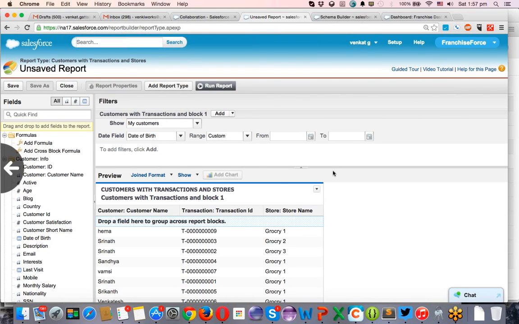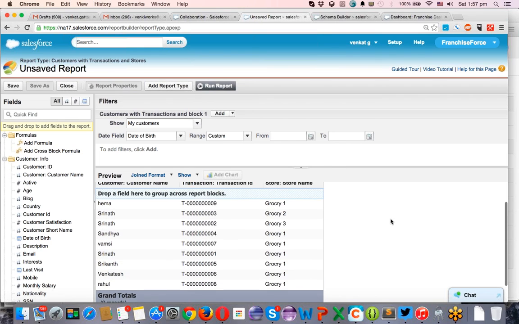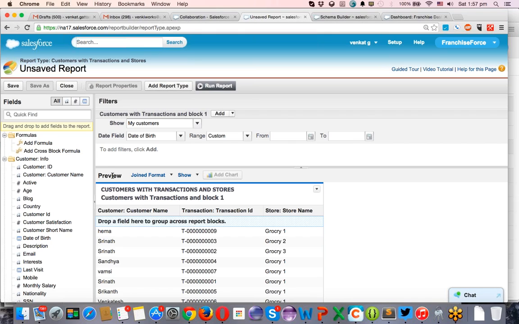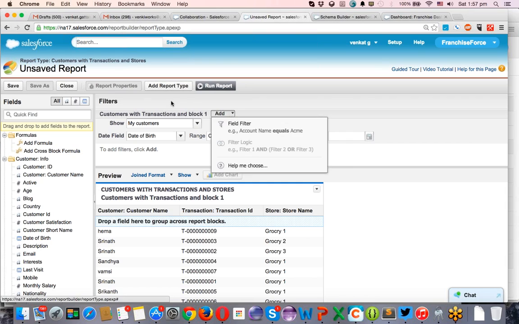A joint report is something where you can put down two reports one by one. So here I can add one more report, customers with transactions, or else